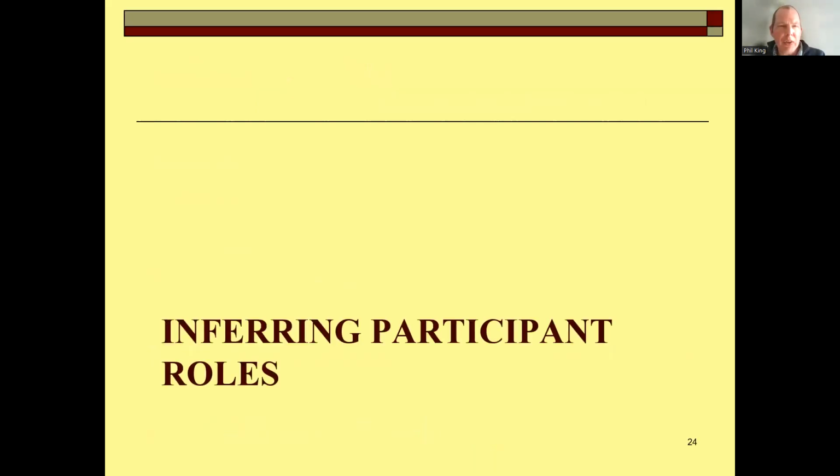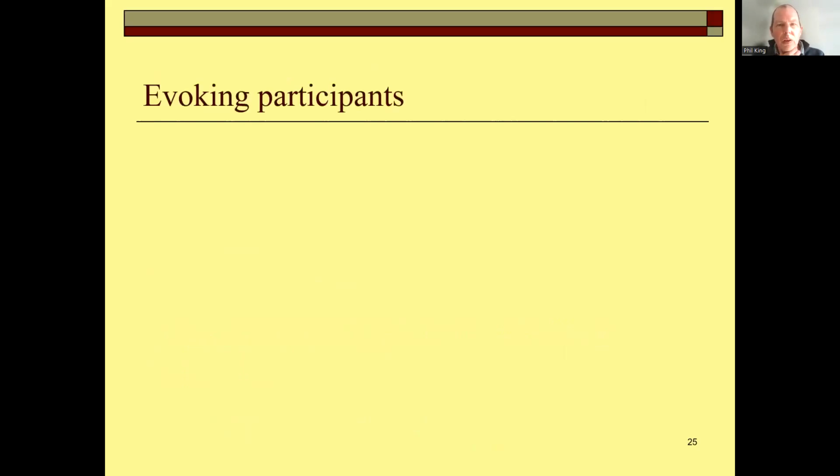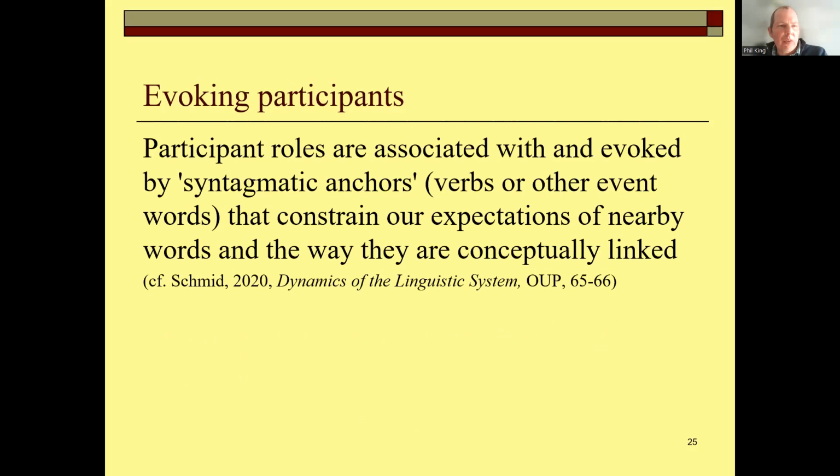Finally, let's spend a little bit of time talking about how we infer participant roles in context, moving away from the terminology to what is our brain actually doing when we come across an event word in a text. So the point is that participant roles are associated with and evoked by certain words. We might call these syntagmatic anchors. That's how Schmidt talks about them in this book, Dynamics of the Linguistic System, that you might think that verbs or other event words, when we come across them in an utterance or in a text,